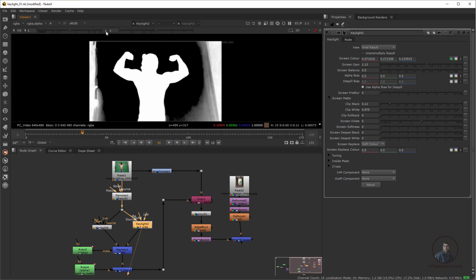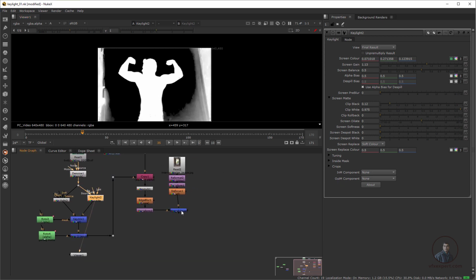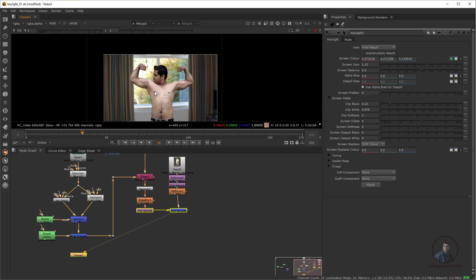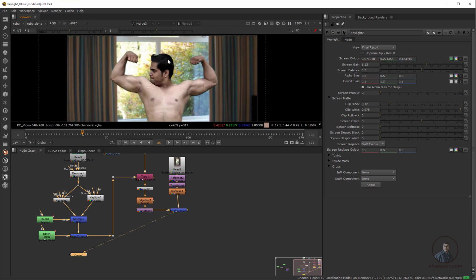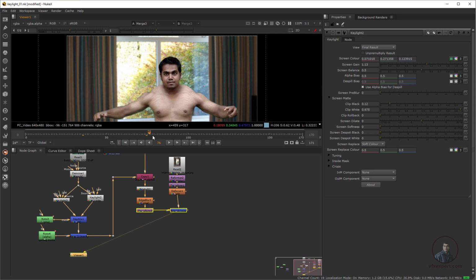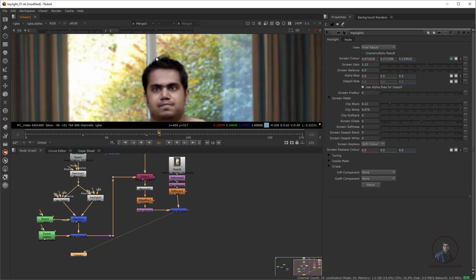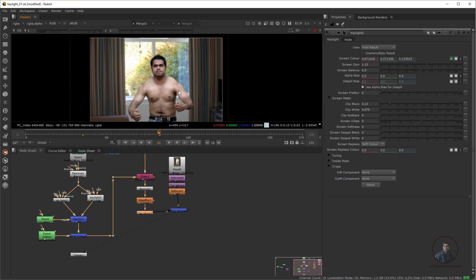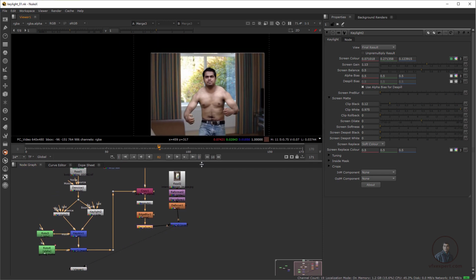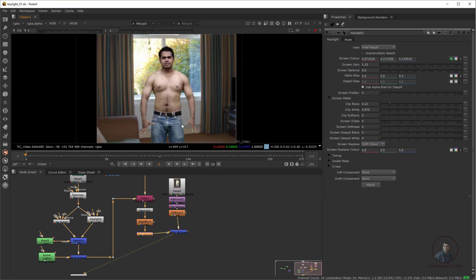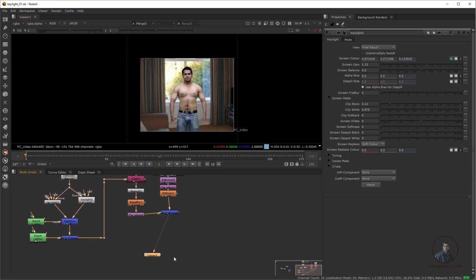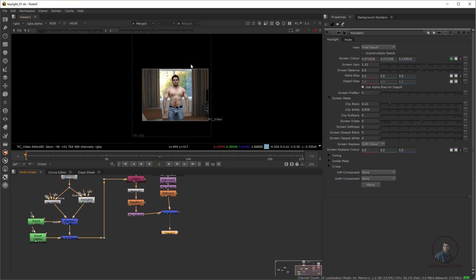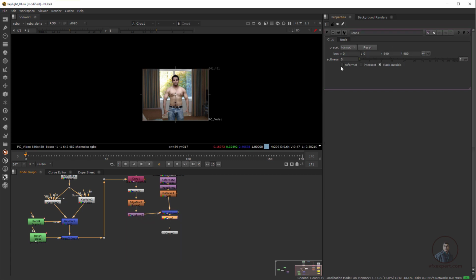Then switch off this one. Now finally we have to check. Select this one, press 1, and press A again in our RGB mode. Now this is looking good. There is no pixelation, and all the details are here. Now finally play and check. If you want, you can use a Crop or Reformat after this, because if you look there is a bounding box. Select this one, press Tab, type Crop, and reformat a little bit.